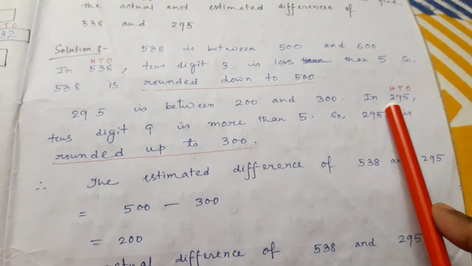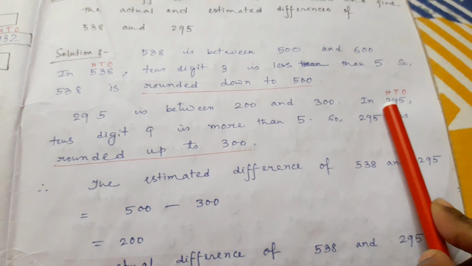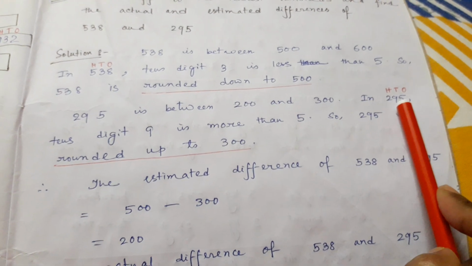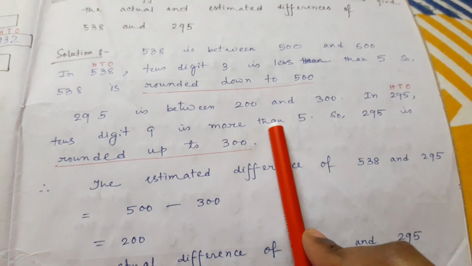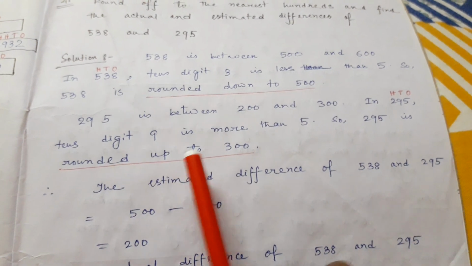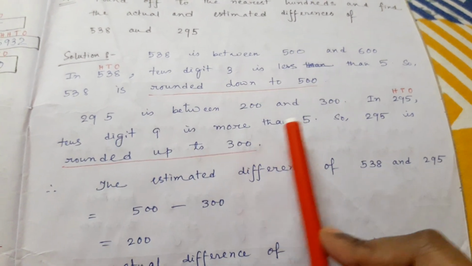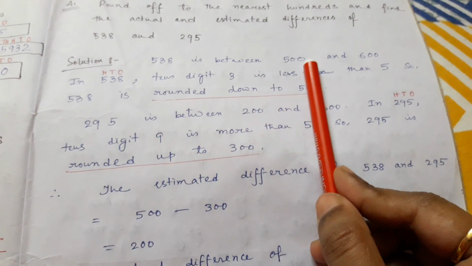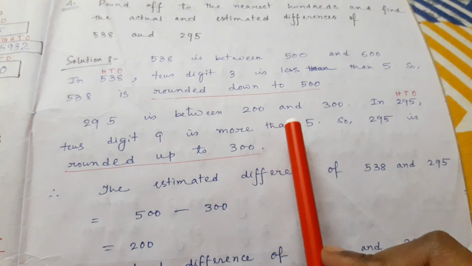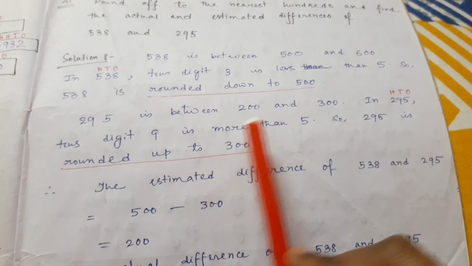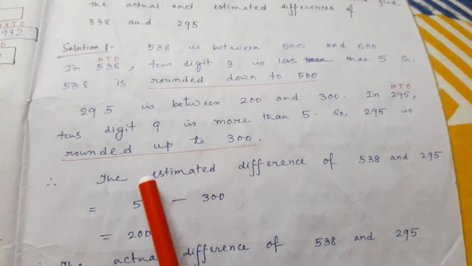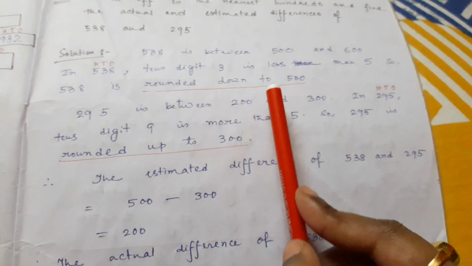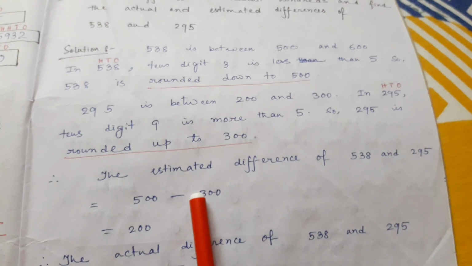Now again you are rounding off this number to its nearest hundreds place, so you have to look at its tens place. Now its tens digit is 9, which is greater than 5. So the number will be rounded up to its right hand side number. Okay, when the digit is less than 5, then the number will be rounded down to its left hand side number, and when the digit is greater than 5, then the number will be rounded up to its right hand side number. So the estimated difference will be the difference of these rounded off numbers, that is 500 minus 300, that is equal to 200,